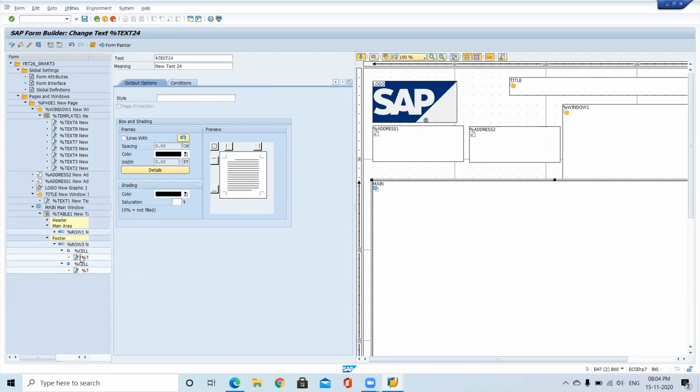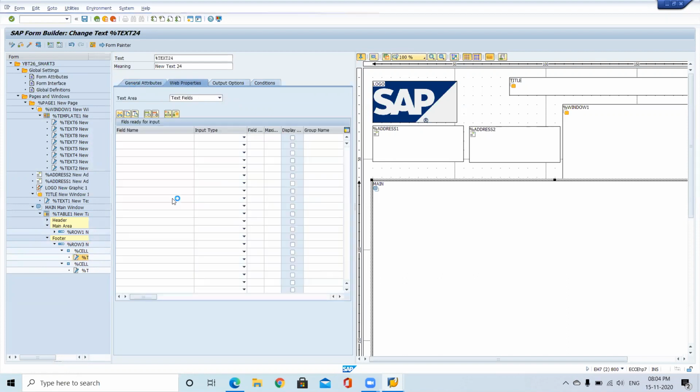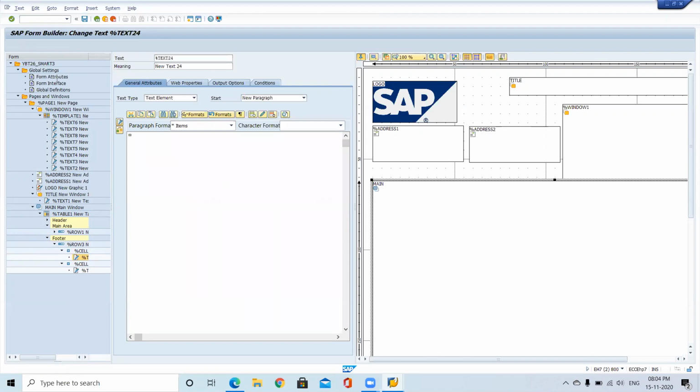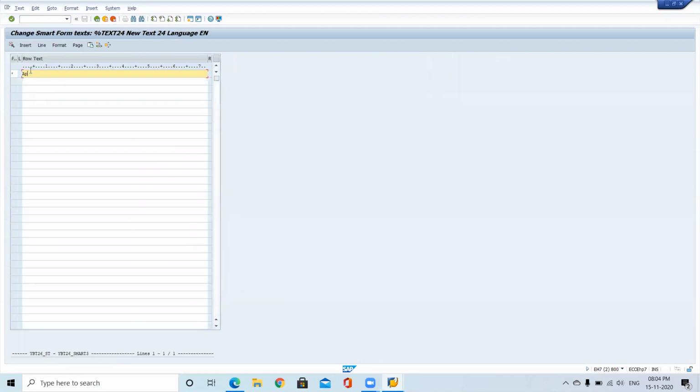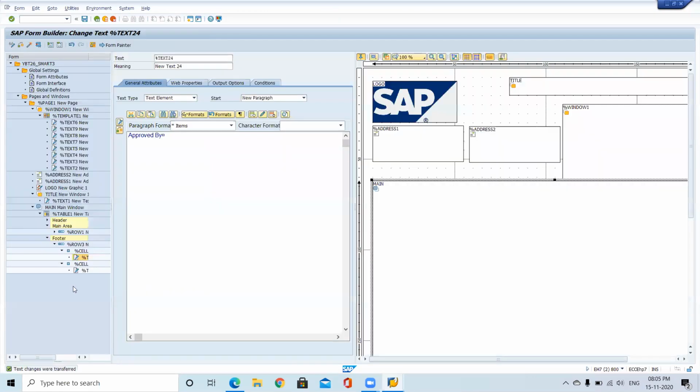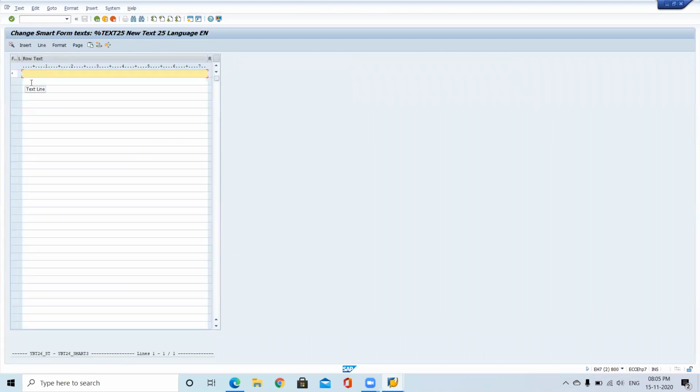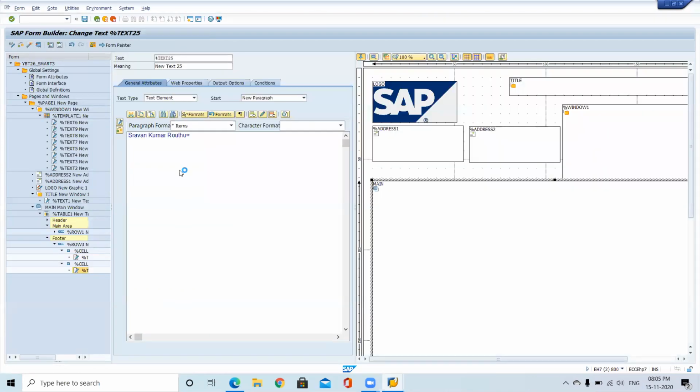So here if you want to write something, like approved by, just activate.